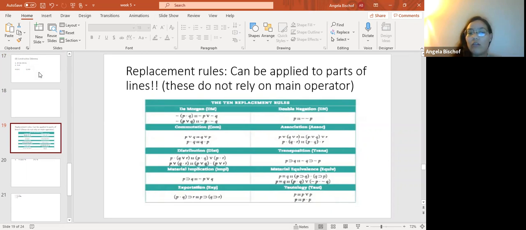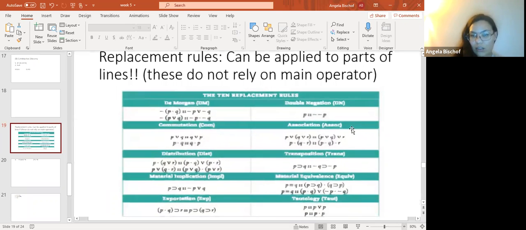I'm going to go over each one of these, but the main difference between a replacement rule and an implication rule is that the replacement rules can be applied to parts of the line, so they don't rely on the main operator. I'm going to go through this with examples as I go over each rule. So let me zoom in here, and let's start with